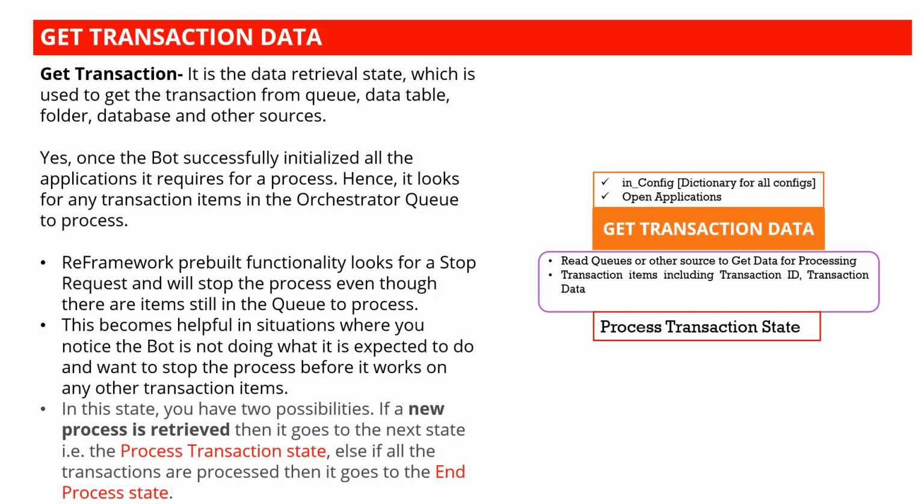So we already talked about get transaction data. In the get transaction data, we read queues or other sources to get data for processing. I have shown you an example of queues, how you should be able to read the information. Now, for processing with the queue, the only thing that you need to change is the queue name in the config file. You don't need to change anything. And then if you want to perform some actions in your application, you have to design those workflows separately and then include those workflows in the process.yaml file. And it will be done. You don't need to touch the code. That's how easy it is, right?